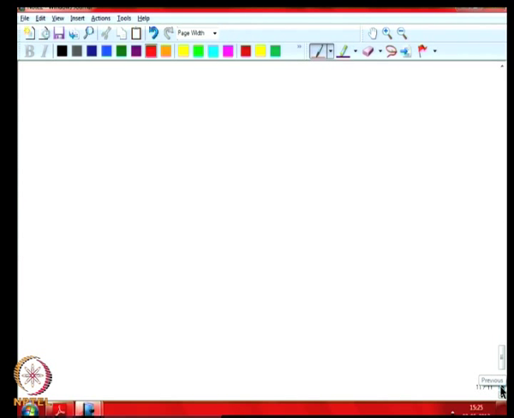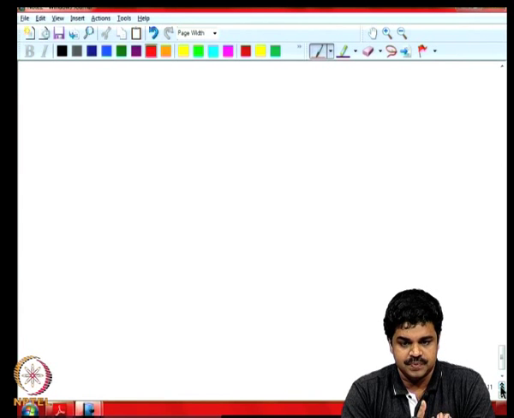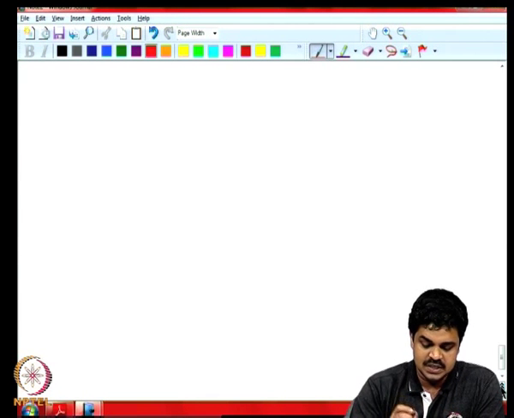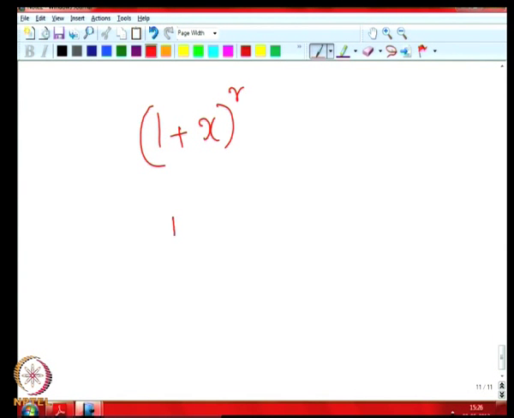Of course one can ask why we want to generalize. The reason is that there are a lot of applications. As we will see soon, even the binomial theorem can be generalized to 1 plus x raised to r. We were seeing 1 plus x raised to n, where n is a non-negative integer, but now instead of n we can put any r, where r is a complex number or real number. Now this will have the same kind of expansion, just that it will now be a